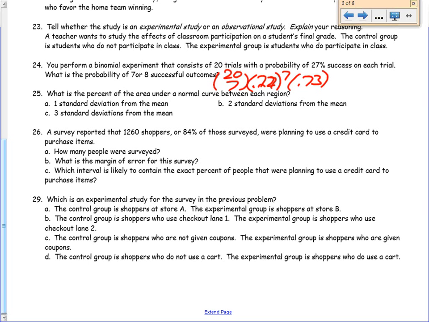So the probability I'm going to do it right is 0.27. The probability it's going to be a fail is 0.73. And then to the 13th. This says or. So what are you going to have to do with these two probabilities? Or. Nobody? Or means add. And is multiply. So I'm going to have to get the probability of 7, the probability of